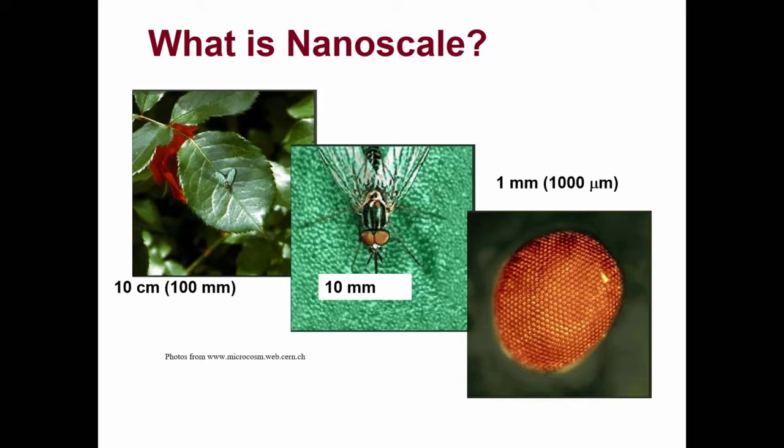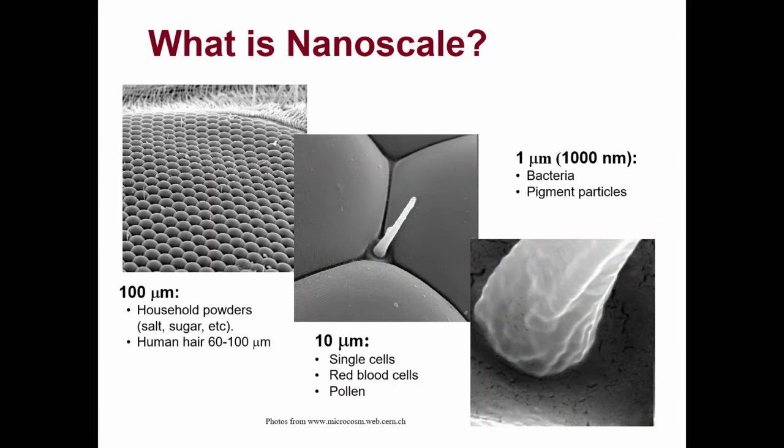If we zoom in by another factor of 10, now that image is only 1 millimeter wide. And at this length scale, we begin to see the details of the fly's eye, particularly the facets that make up the eye. That 1 millimeter wide photo is also equivalent to 1,000 micrometers. That's what the Greek symbol mu means, 1,000 micrometers. If we zoom in by a factor of 10, the picture on the left is 100 micrometers wide. At this scale, we begin to see some of the finer structure of the fly's eye.